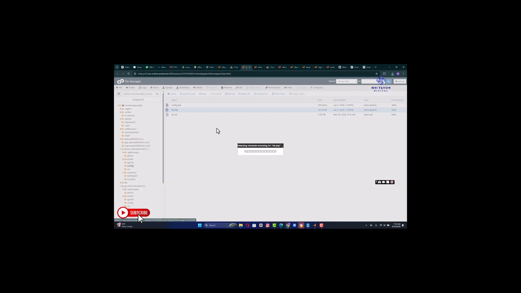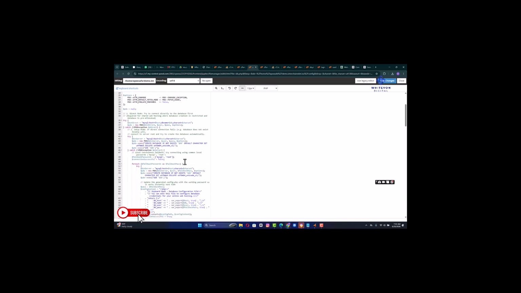So come right here to config, then come to db.php, click edit, right? And then I'm just going to click edit again, right? So I'll come right here and then paste my new database details, paste here, then I'll also paste here, right? So this database password, right? So right here, database name, right? Database password, then right here, database user, right? Now also scroll down,